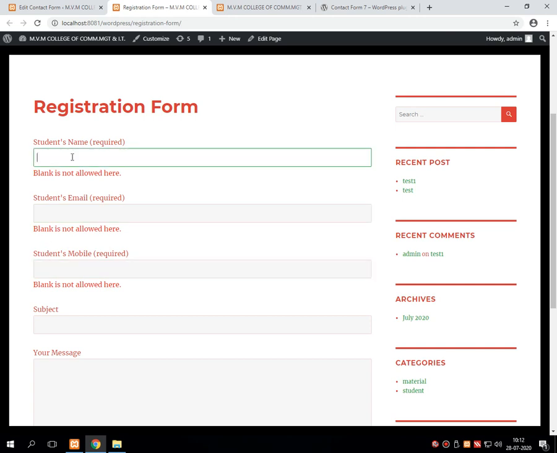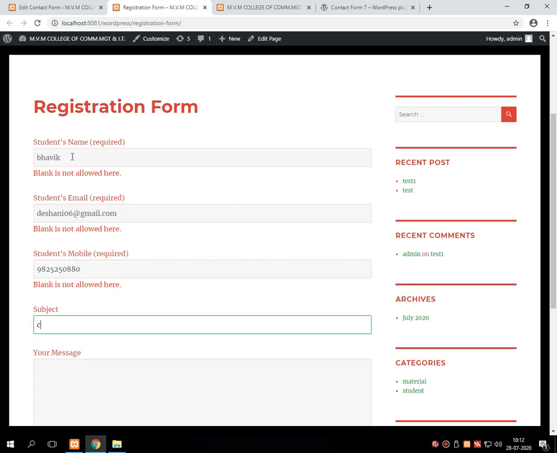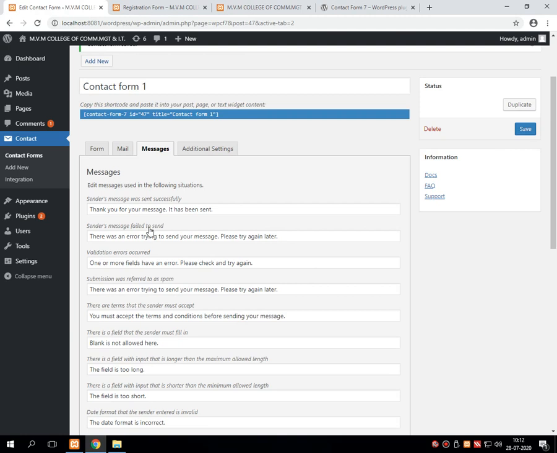Now, for example, here I have written the required data for this particular form with some content, like subject is CS17, programming in C. Then suppose we want to change the success message, that is, "Sender's message was sent successfully, thank you for your message, it has been sent."